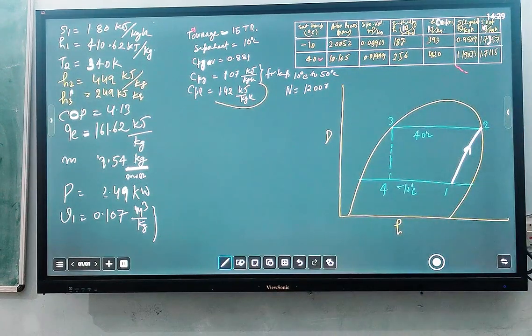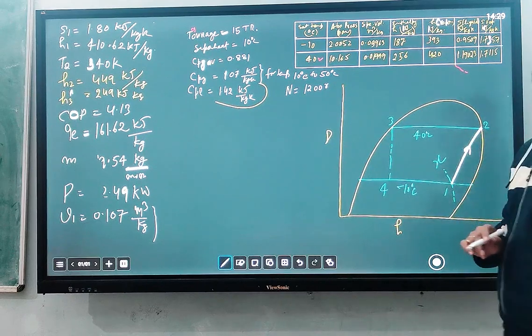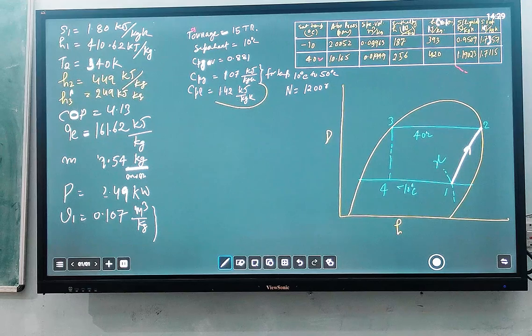Suppose there is no undercooling. Simple question, we have to find out what is X here. What is the quality of the refrigerant at this point when refrigerant is entering, because the rest of the things we already know, already calculated in the questions. So the only thing that we require is H1, so that we can calculate the COP of the system. That is the purpose of this extension of the problem.